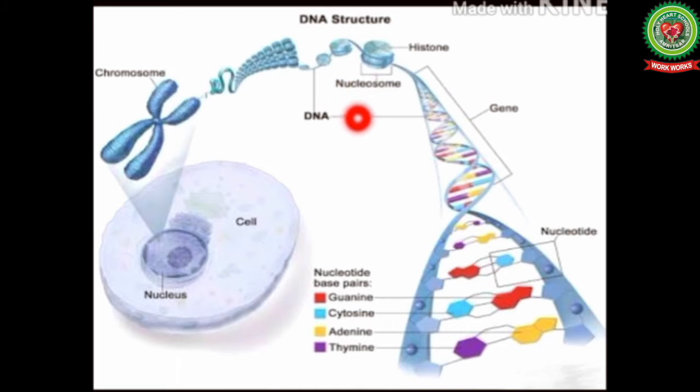DNA is called the blueprint of life because it contains the genetic code, which is the instructions needed for an organism to grow, develop, survive and reproduce. DNA does all this by controlling protein synthesis. It can replicate, and an exact sequence of nucleotides can be formed which is passed on from generation to generation.